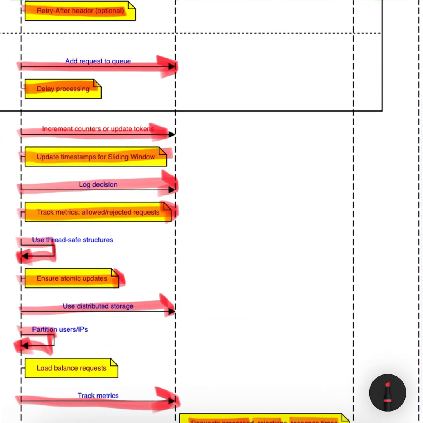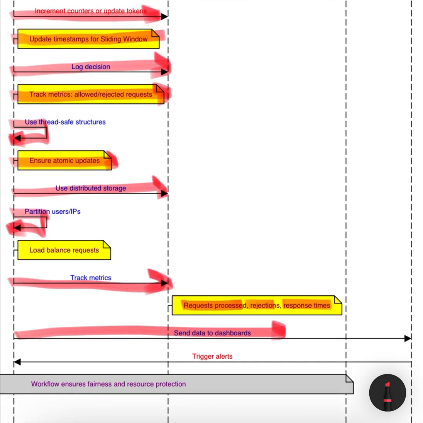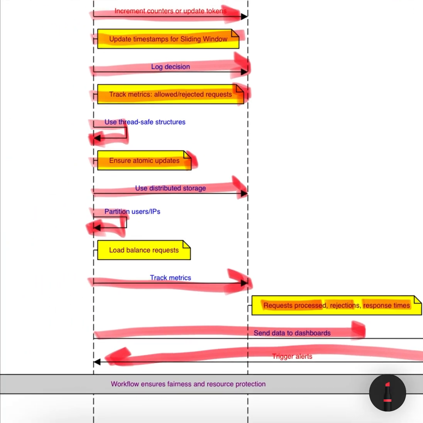Why does this matter? The rate limiter protects the system from being overloaded, ensuring it runs smoothly for everyone. At the same time, it's fair, letting users know when they're exceeding limits and when they can try again. You can visualize this whole